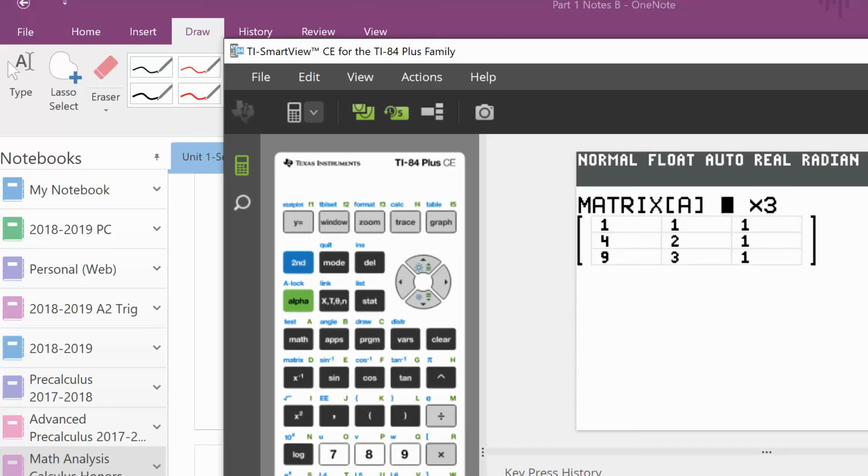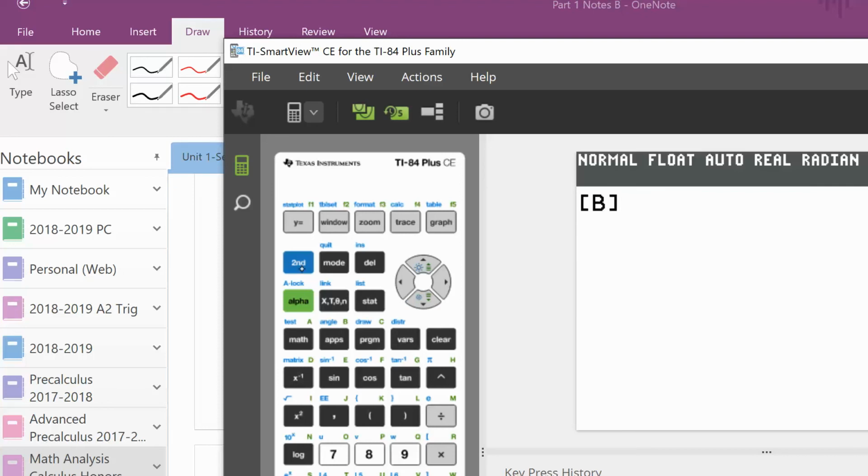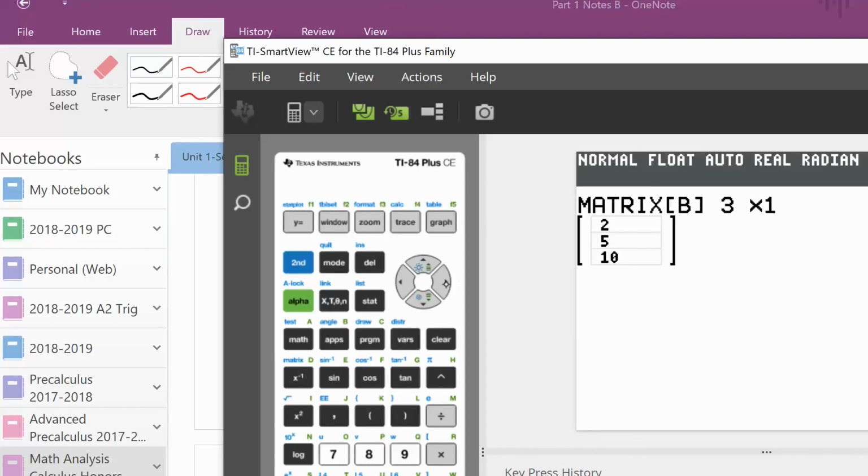So I edit it, and notice I already have it typed in, so I'm just going to quit that out and go second matrix, and now I'm going to edit B and make sure, oh, I didn't edit it, I just selected it. You got to go to edit, select, and so change the numbers